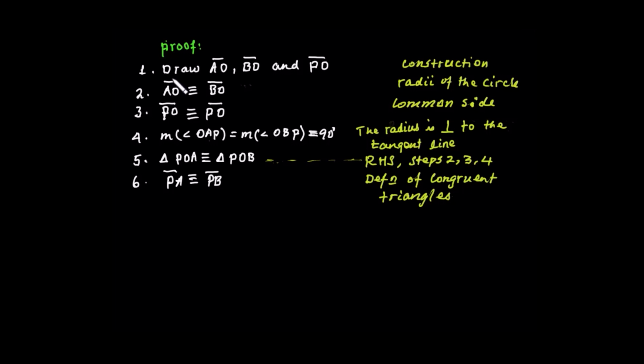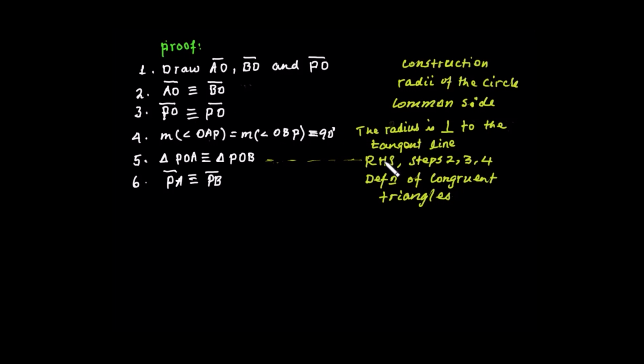ስለዚህ ቅድም ያስረዳኋችሁን ስቴፖች እዚህ አንድ ባንድ ጽፌያቸዋለሁ። አንደኛ draw AO, BO and PO ነው። ይሄ ኮንስትራክሽን ነው። AO is equal to BO ሬዲየስ በመሆናቸው ነው። PO ጋር እኩል ነው፣ common side for the two triangles። ላሳየኋችሁ measure of angle OAP እና measure of angle OBP right angles ናቸው, 90 degree ያደርጋሉ because the radius is perpendicular to the tangent line at the point of tangency። ሌላው በሁለቱ ሳይዶች እና በዚህ አንግል አማካይነት አንደኛው ሃይፖቴነስ ነው PO። ስለዚህ right angle hypotenuse and one side theorem, the two triangles are congruent ነው, RHS።